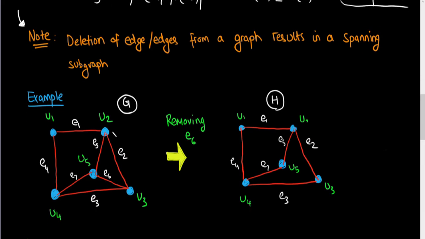Say you've got a graph G on your left-hand side. It has 5 vertices, u1, u2, u3, u4, u5, marked in green, and the edges are all marked in red and labeled e1, e2, e3, e4, e5, e6, e7. As we saw, in spanning subgraphs you remove an edge or edges. So let's say I'll remove e6. After removing e6, I get this graph H as shown on the right-hand side, which is my spanning subgraph, as I've removed an edge and the number of vertices in G and H are the same. You can check that.